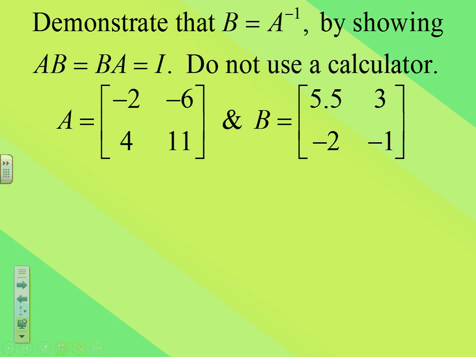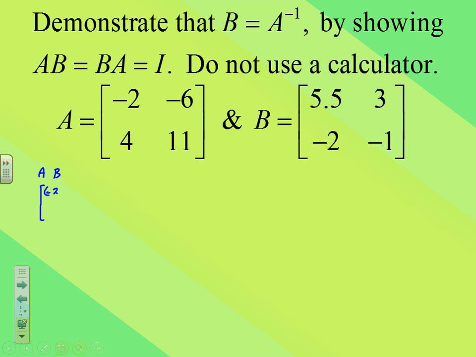In fact, the same thing that they're producing is an identity matrix. Okay, so let's start with A times B. Now, they're both 2 by 2 matrices, so I know I can multiply them together, and the product should be 2 by 2. So let's do A times B first here on the left and see what we get. Using your row column product sum approach, I'm going to say